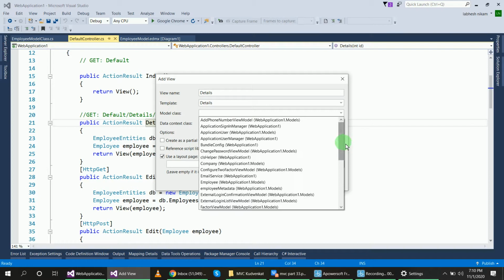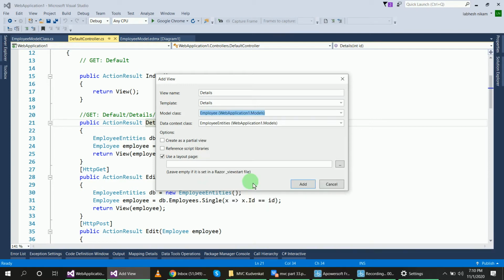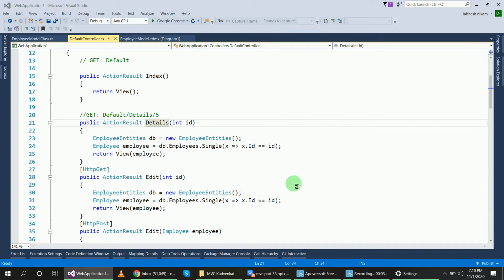So WebApplication1.Models, and we are using this employee table: Employee (WebApplication1.Models). Okay, and click on add.